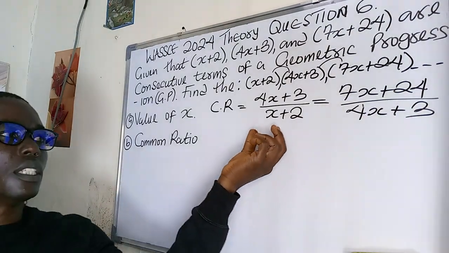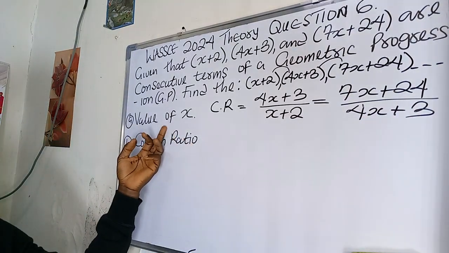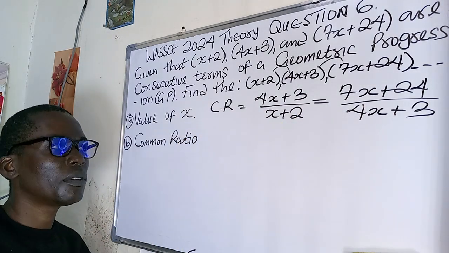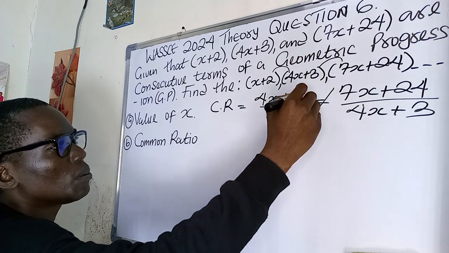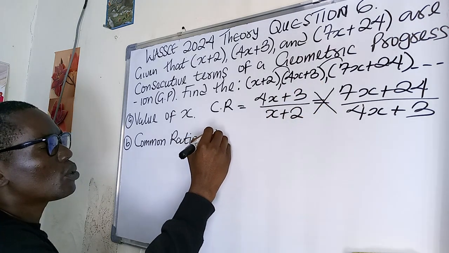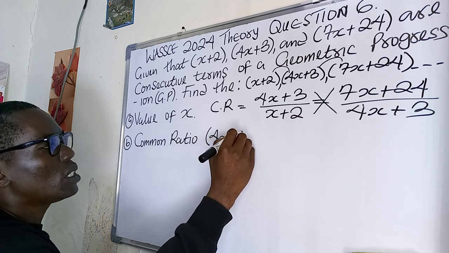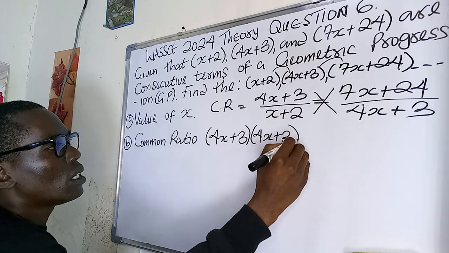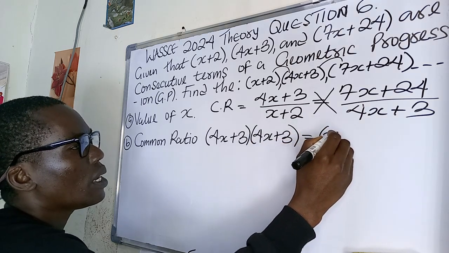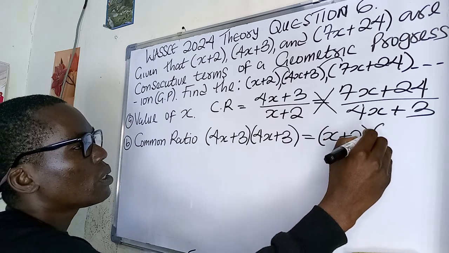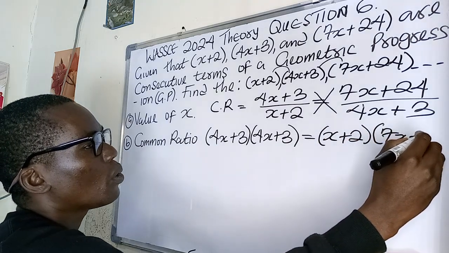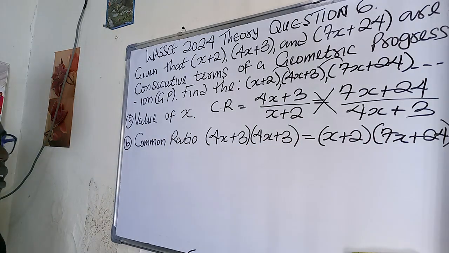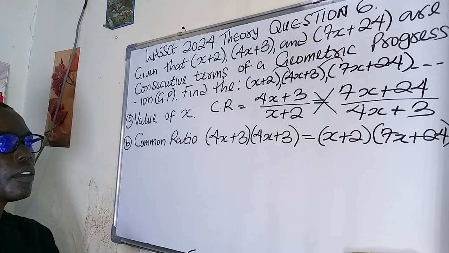So if this is equal to this, that means we can find the value of x from this expression. So from that expression, we are going to derive the value of x. So if I cross multiply, I'm going to have 4x plus 3 multiplied by 4x plus 3 on one side, and I'll have x plus 2 multiplying 7x plus 24 on the other side. So if I expand this, I should be able to have an equation that will give me the value of